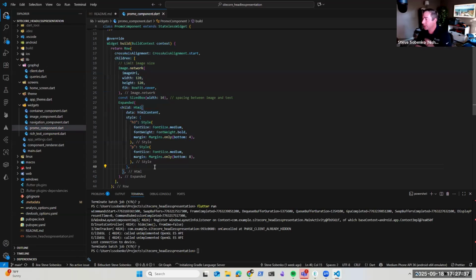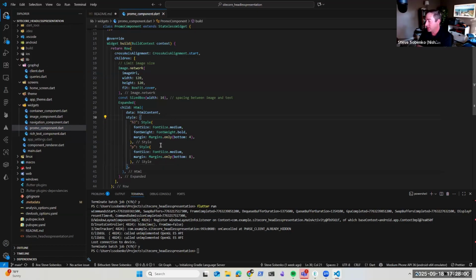This is where it gets a little tricky because HTML is not meant for native apps. It doesn't know what HTML is. It doesn't speak that language. That's for browsers. So we have to go through here and say, all right, as we're starting to digest this HTML, I want you to render the HTML, but when you come across an H3, you probably don't know what an H3 is.